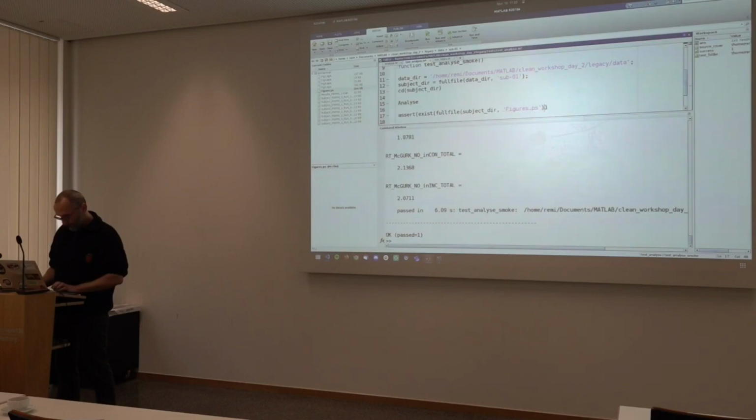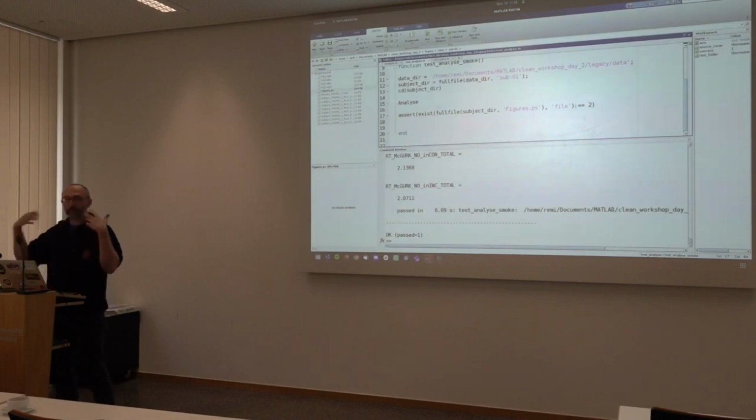So that's good. Then exist is a file. If you've never used exist as a function, when it returns 2, it means it has found a file with that name, right? So here we're just making sure that indeed the file got created.